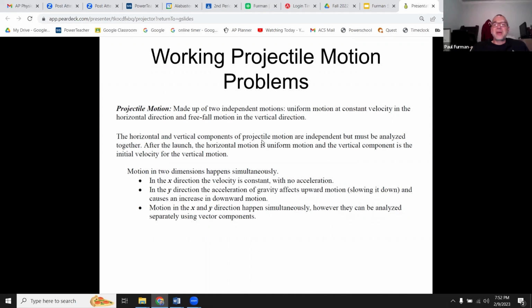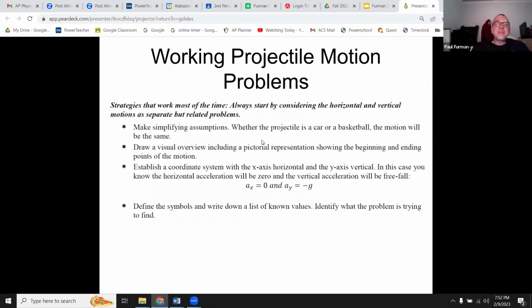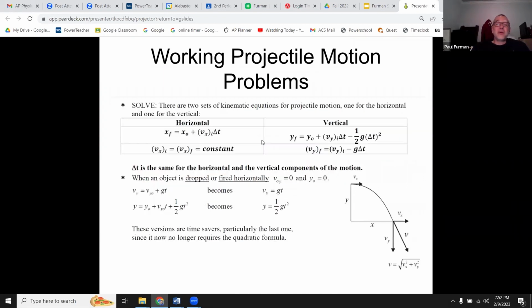So a very common technique is you may have enough information to solve for time on the horizontal side, and then you move that time value over to the vertical side and solve for some vertical question that's being asked. Or it's possible you may be able to solve for time using the vertical motion and then move over to the horizontal motion. But with vertical motion, it is always accelerating, and the acceleration is always negative 10 meters per